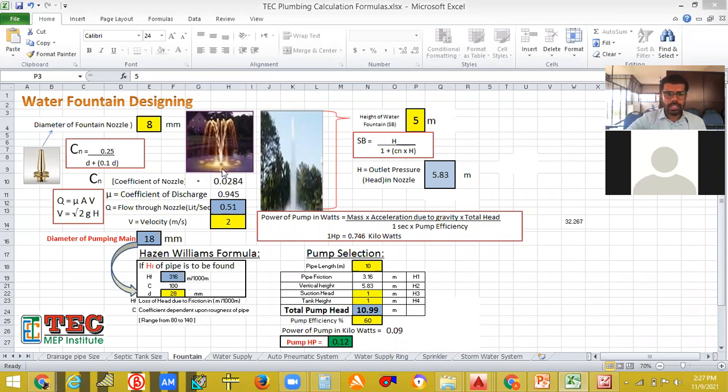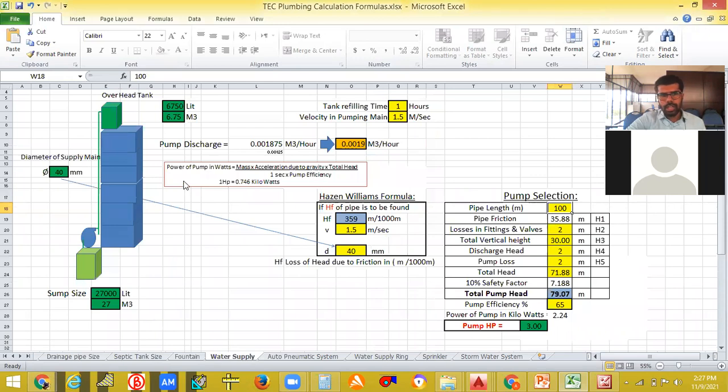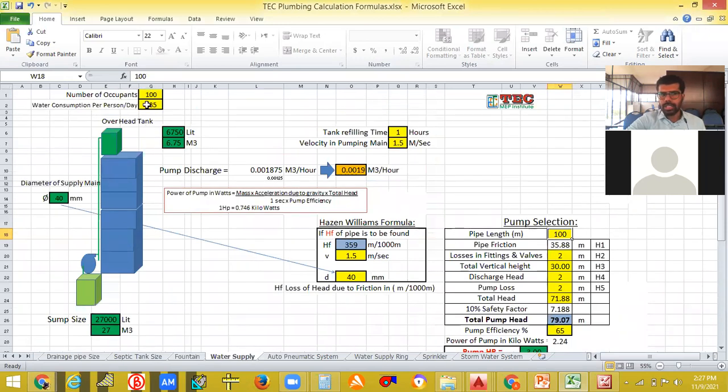Okay, so in this case also, in the water supply also, you just need to give the input for this yellow columns only. Here the pump loss will be a constant, and pump discharge head also you can give as a constant, and total head will be automatically calculated.